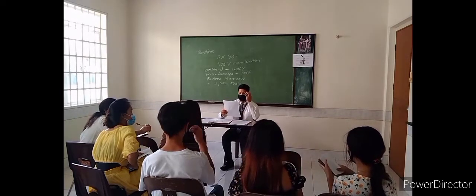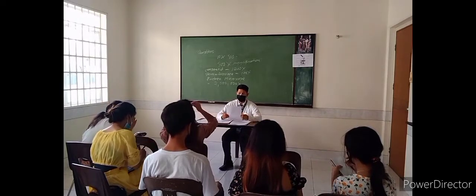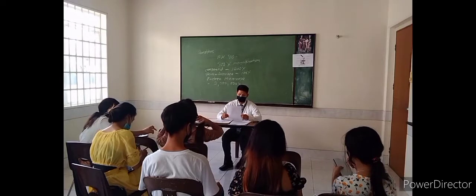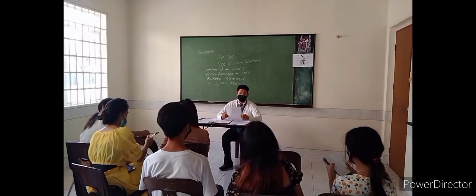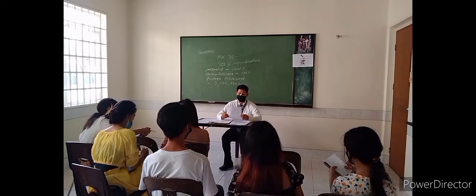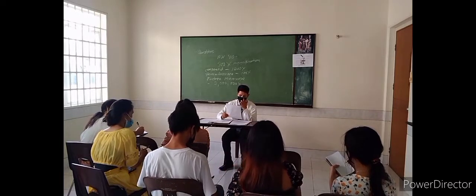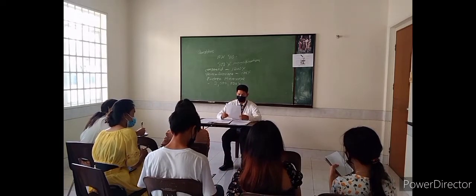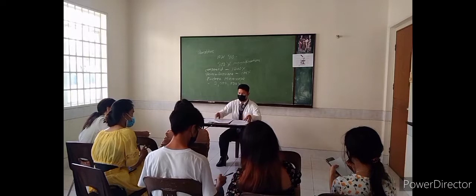Okay, the last is, what is the science of investigating small objects and structures? A. Autopsy. B. Colonoscopy. C. Endoscopy. D. Microscopy. What is the science of investigating small objects and structures? Okay, pass